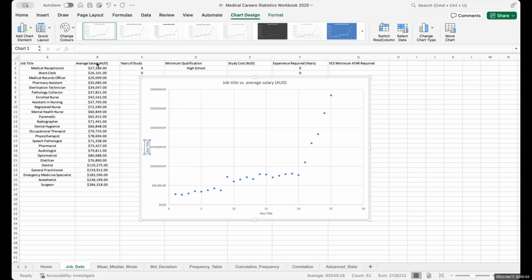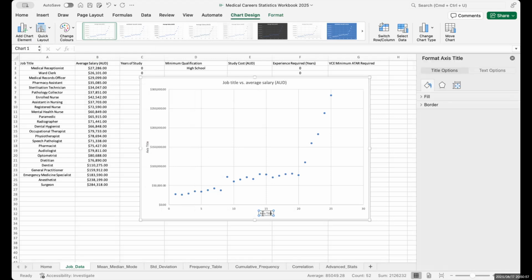Okay, now once they have been added, you can basically just double click and change the title. So in here, we can change it to job titles, and on the right hand side, you can change that to average salary AUD. Okay, on the right hand side, you can also see some options if you want to change the